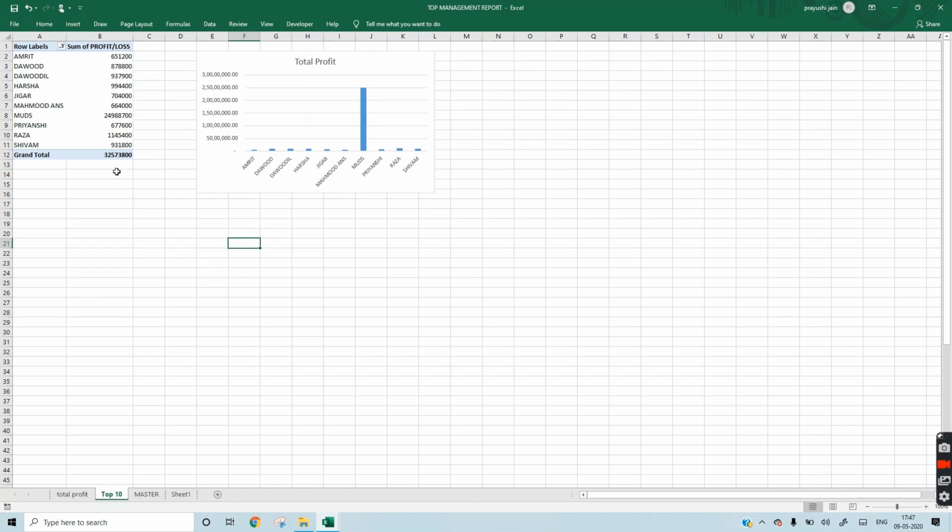Now the top 10 performers have come: Amrit Raut, Davidil, Jigar and everything. Press Ctrl and drag this button, so you will copy this data to another sheet. Now we need the sales trend.